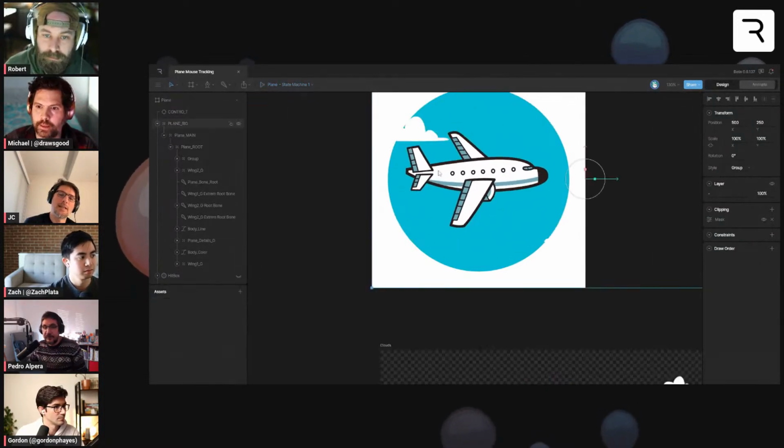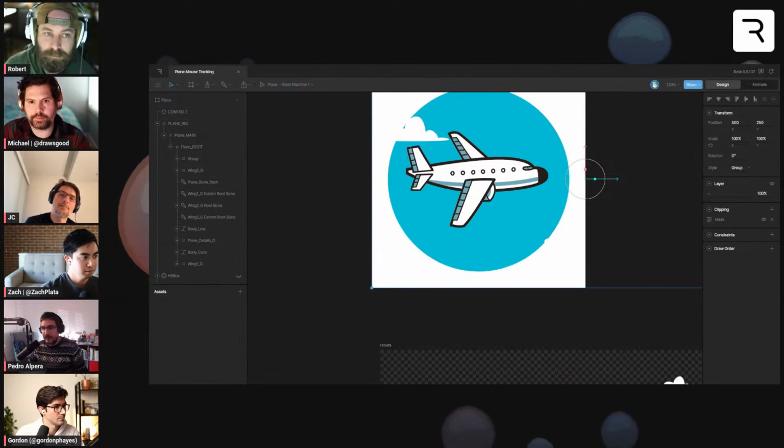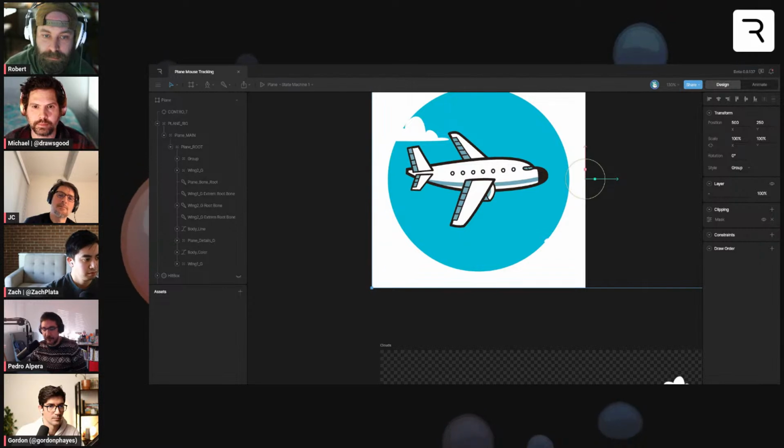I think almost everyone that has been working with Rive for a few weeks can do this. It's not very difficult to do, and it's very exciting. It's almost the same idea as the face or the cube when you move in similar 3D. It's cool.